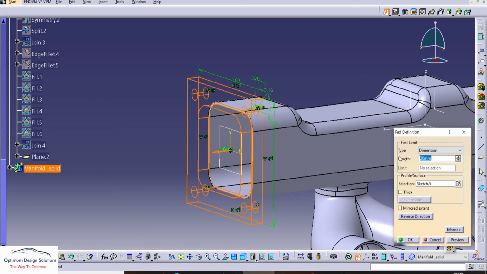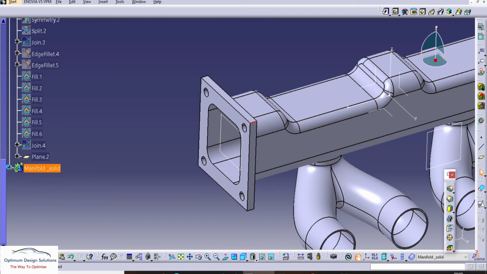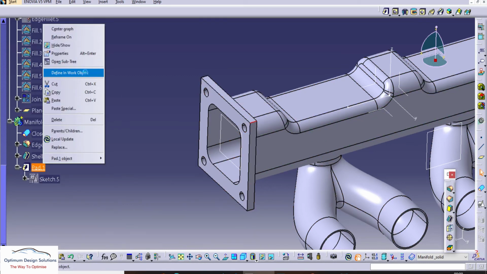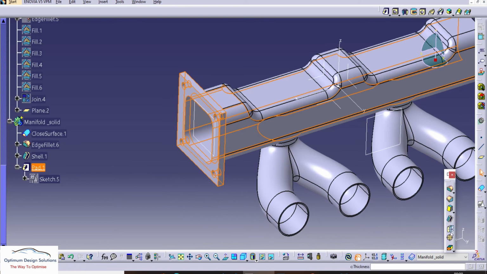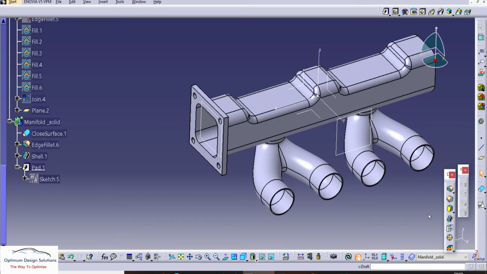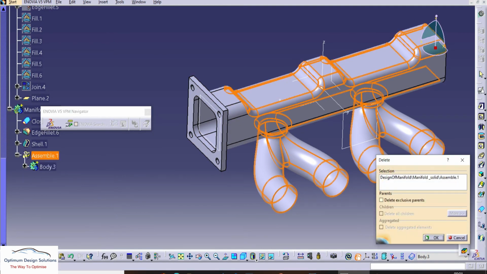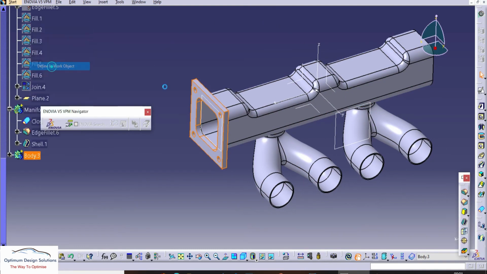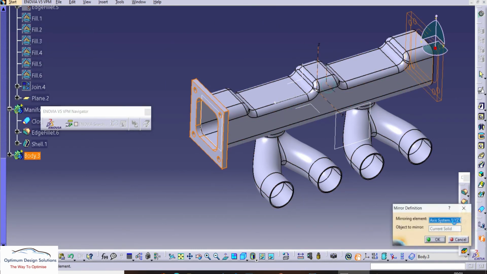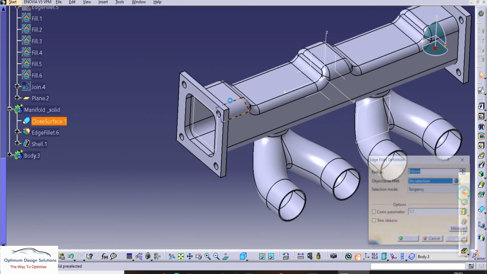Let's pad the flange by 15 mm. As we know, the same flange is at the RS side also, so we can use the mirror command. But as we have a single body, there may be a chance of replication of the solid, so we can use the boolean operation here. Just separate out the body, separate out the pad. Now let's do all the operations that are necessary. Let's mirror from the center plane. So here we got end to end flanges.